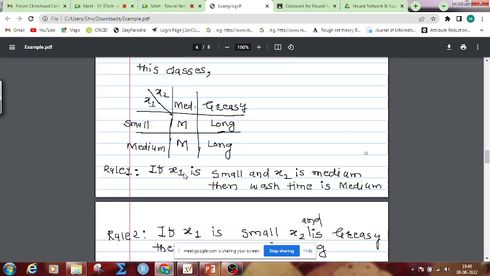Okay. And if x1 is small and x2 is medium, then wash time is medium. So this is rule 1. This we are going to evaluate now for the final output. ठीक है? So x1, x2, what membership do you get? 3 by 5. So let us consider,